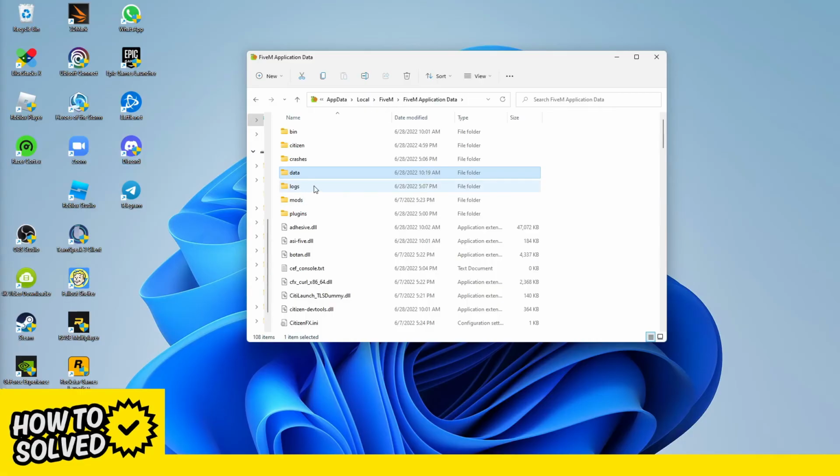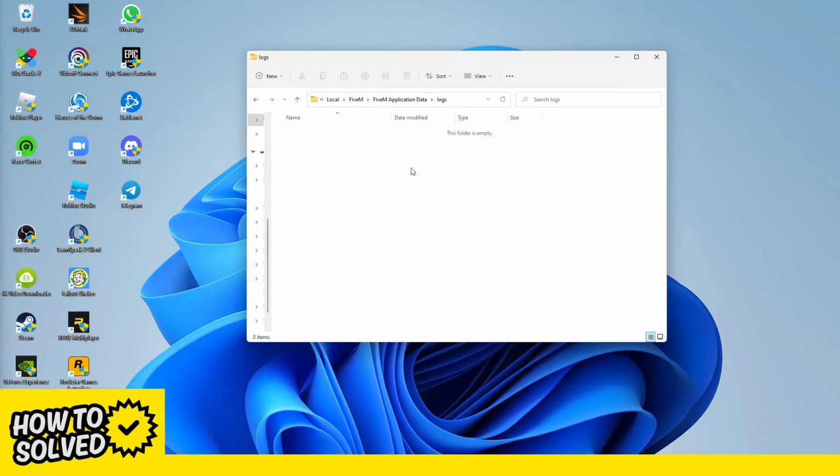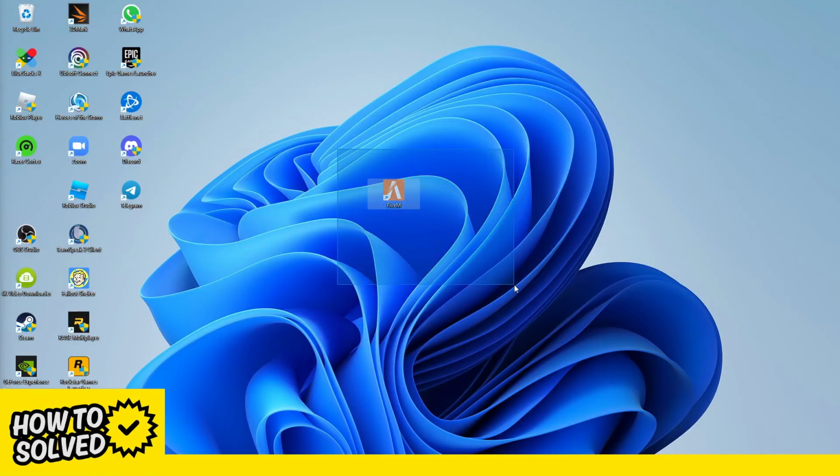I would also suggest you delete everything that is in the logs folder. So just open the logs folder, and also here just delete everything that is in here. That's really it. We can already close this folder, and then we can just start FiveM again, and the issue